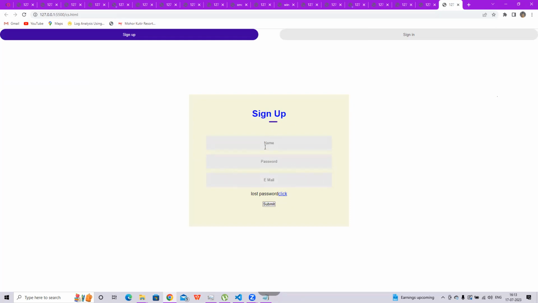I haven't added the prompt right now. I mean the field is empty, so I will add it. Okay, that means the placeholder. Yeah, the placeholder. Yeah. Okay, now you